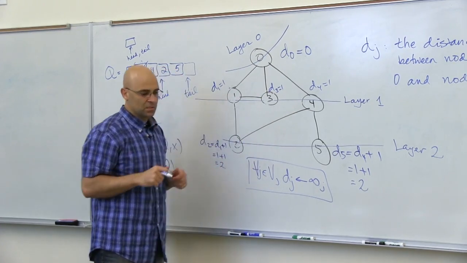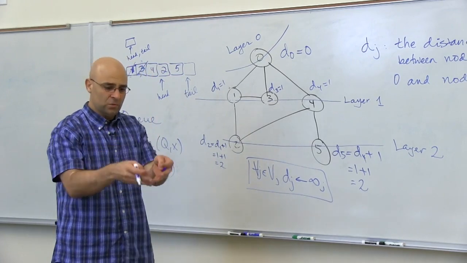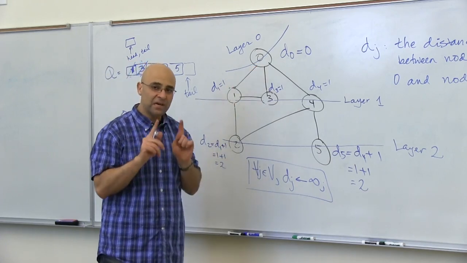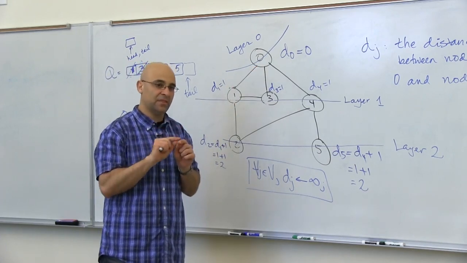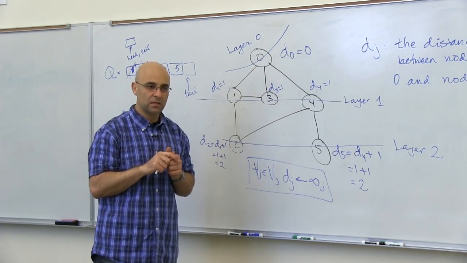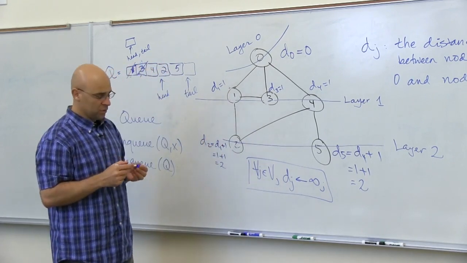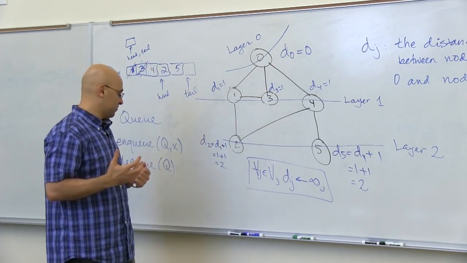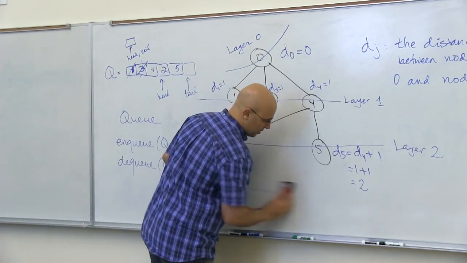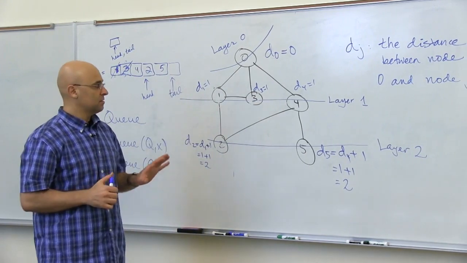Okay? So this is the first issue: when we come to a node, there might be multiple paths to that node from the original node. And we have to make sure that the first path that reaches that node is the path that decides the distance to it, and all other paths should not touch it anymore. This is number one. Number two is a boundary case that we have to be careful about, and it is going to be already taken care of by this initialization,